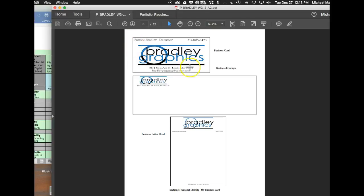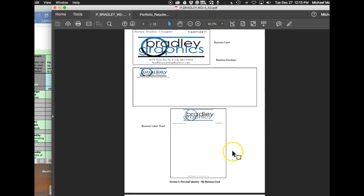This doesn't look like the correct dimensions. In fact, it's not. It's too long. The envelope is clearly too long for a number 10 envelope. Go ahead and do some research for the dimensions of a number 10 envelope. That's a standard business envelope. Then look up the dimensions of the business card and make sure that these are presented to scale. Then over here you have the 8.5 by 11